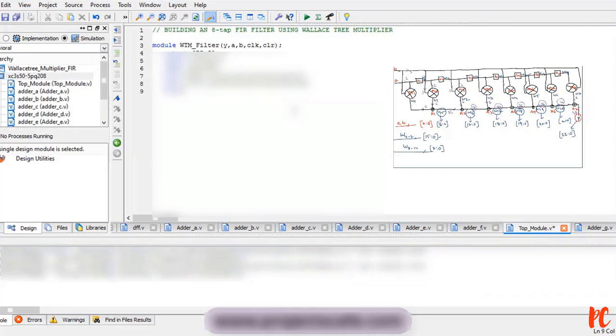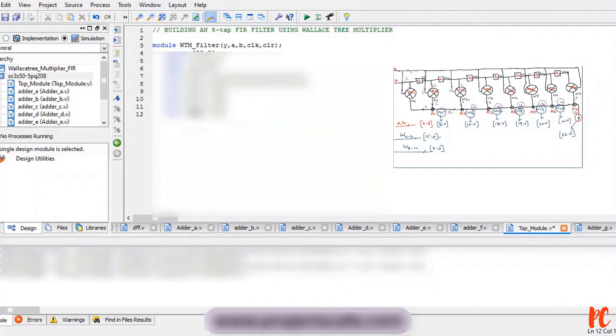Now we need to take a wire. This is with respect to adders. 16 down to 0 for W15. Similarly 17 down to 0 for W16. Similarly 18 down to 0 for W17. You need to follow the FIR filter that we have explained just now.